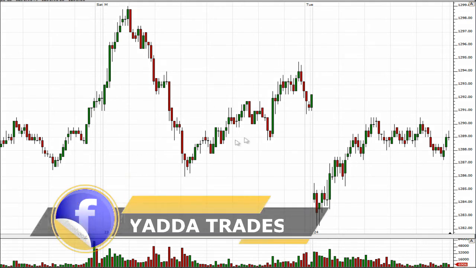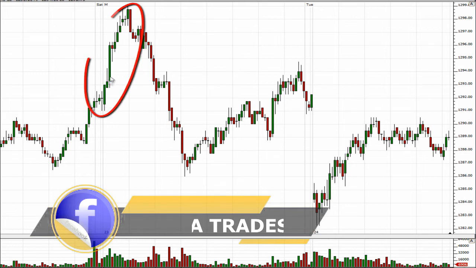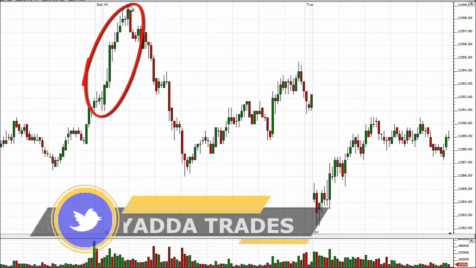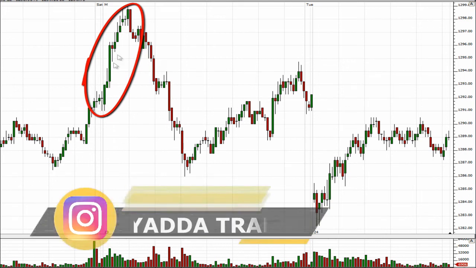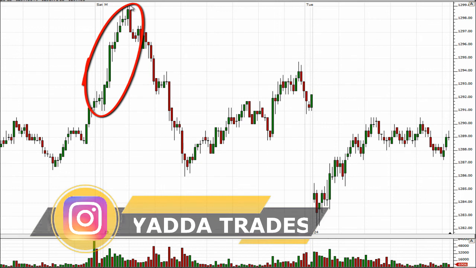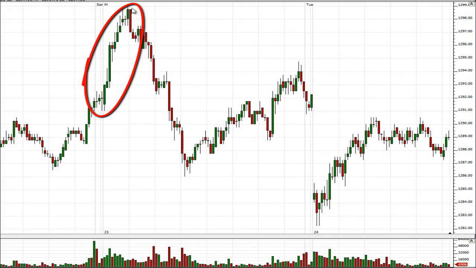So, for instance, this is a very different type of looking day. Here we opened up, we shot higher in this first hour, so it looked like it could have been a complete uptrend, right? Just directional conviction higher. But look at it, just instant rejection of it. The sellers came in and instantly rejected the whole thing right back down, right? So we formed the high in the first hour. And the sellers basically came in and said, no, this is too high. The buyers met a wall of these sellers. The sellers just pushed it right back down just as aggressively, right?